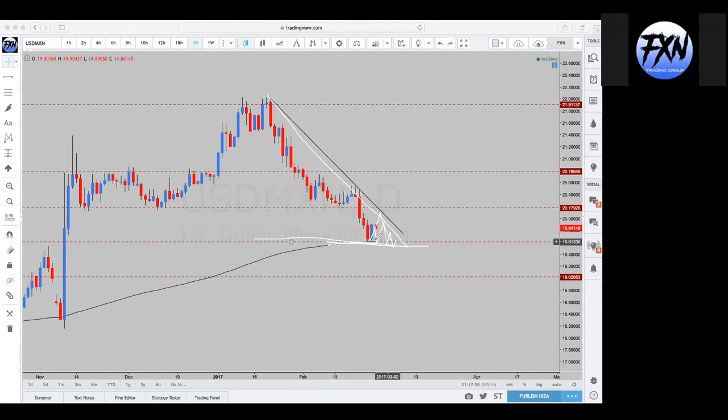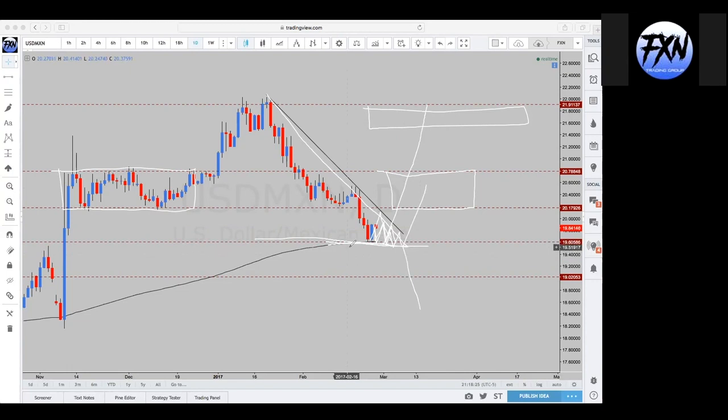Okay, if it is going to respect it, then it's going to break that trend line and go back up, right? And the first thing that it has to go back up to is structure. Well, structure is in this area here, right? So we're looking for it to go back up to here if it goes back up. If it breaks that structure, then obviously the place for it to go would be here, right? So depending on how this wedge breaks,